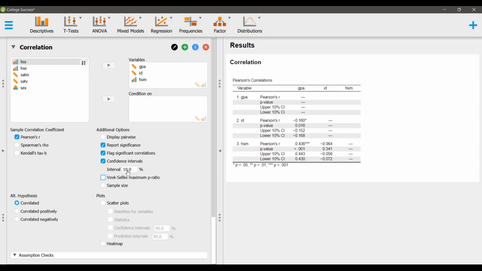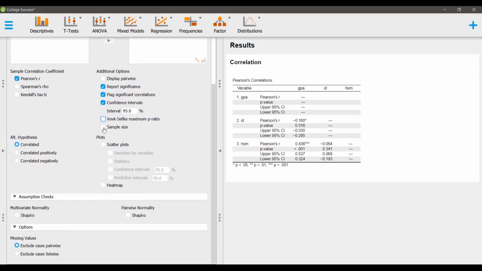And if I keep on increasing this value to 50, that means I have more confidence. That means the range of my interval will increase, and that's what we can see. The range has increased. If I go for a 95% confidence interval, it will further increase, because I need 95% confidence. I want to ensure that my estimated r value lies in that interval. So the more the confidence, the larger the interval should be.